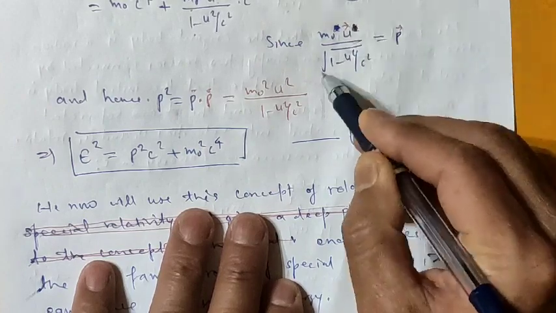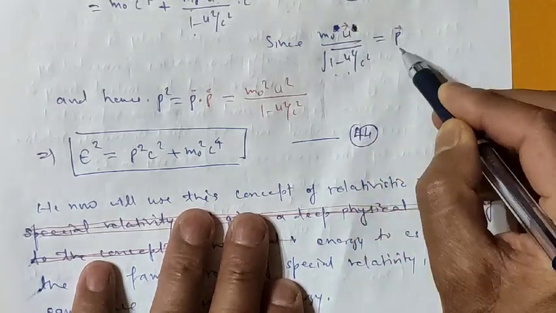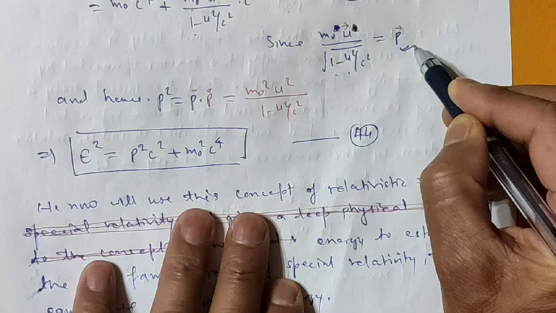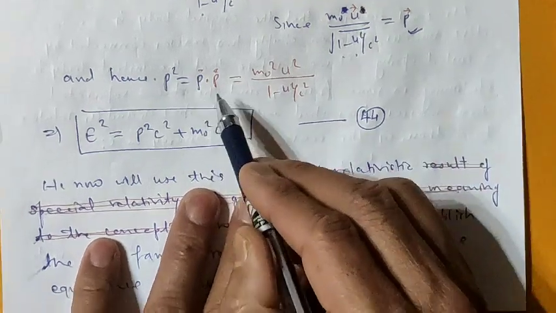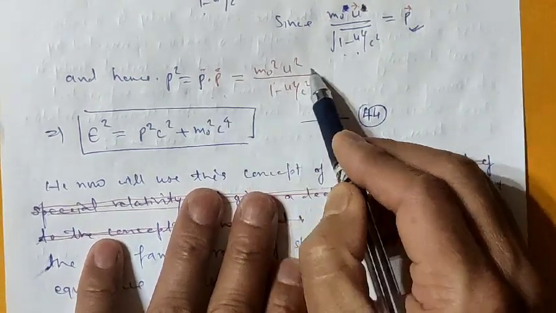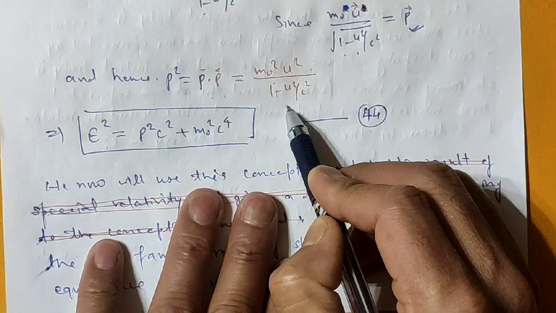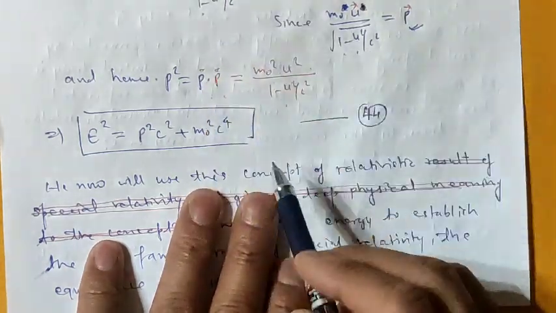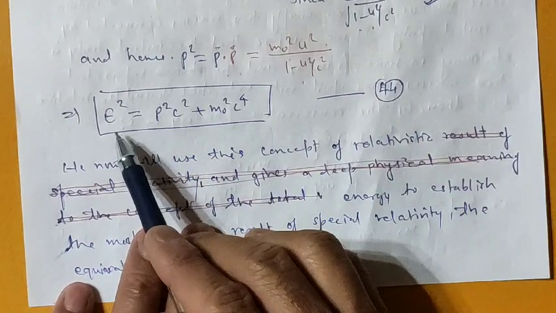But I know that m0 u divided by the square root of 1 minus u square divided by c square is the momentum. So this p square, p dot p, is m0 square u square divided by 1 minus u square divided by c square. So in place of this one, I can write p square. Then finally I have this total